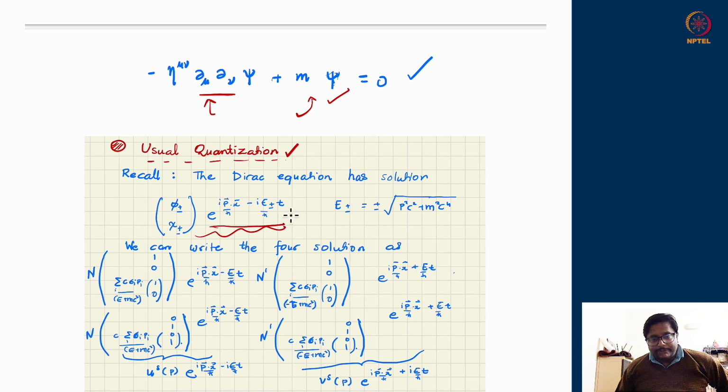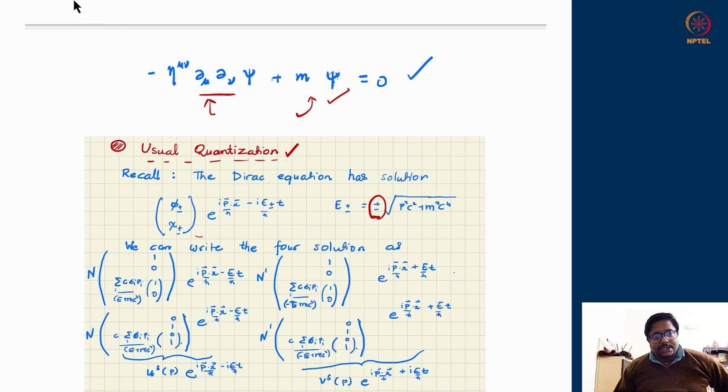So its space-time dependence cannot be different from that of the scalar field, and the plane wave structure should be inherent in it as well. So I know the space-time dependency should be through e to the power i p dot x upon h bar minus i E t, plus or minus, because energy comes with 2 signatures, plus or minus. This was true even for the scalar field. So this E was not the energy but, let us say, the frequency. E upon h bar was the frequency, positive frequency and negative frequency, which appeared even for the scalar field. What the total energy is would be known from the Hamiltonian only in the quantum field theoretic picture.